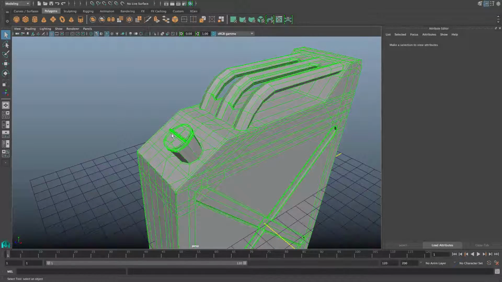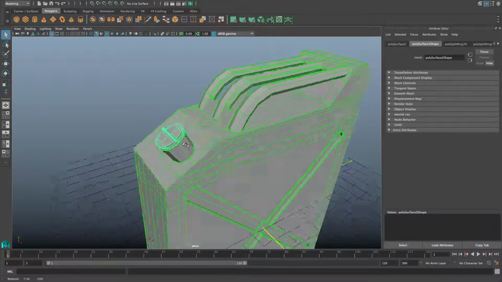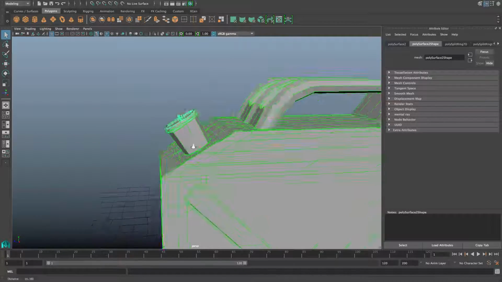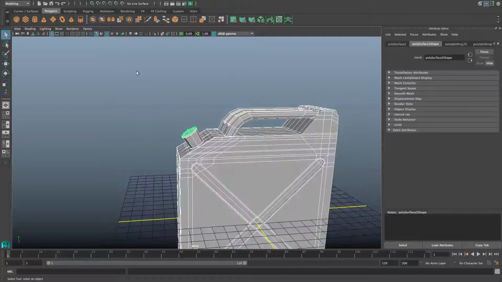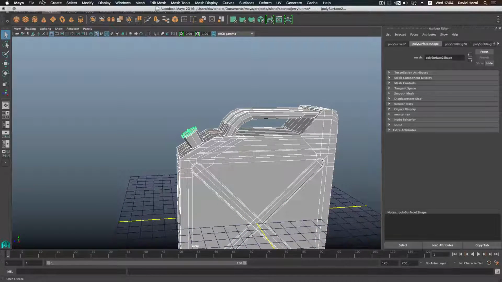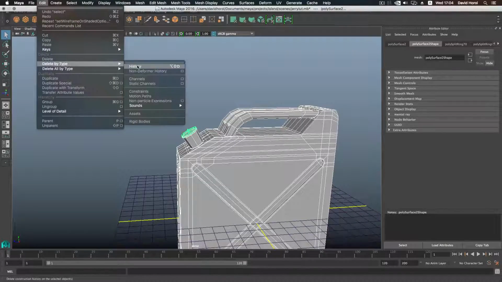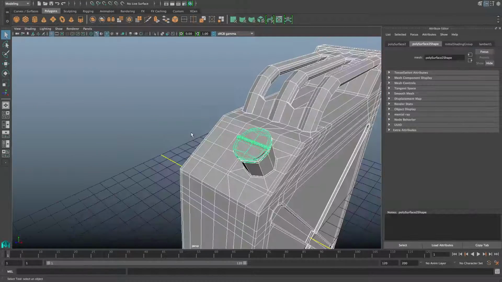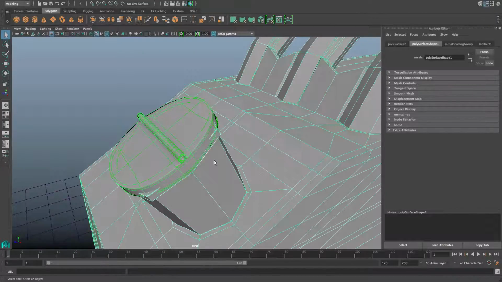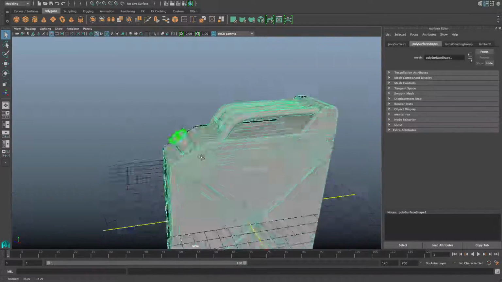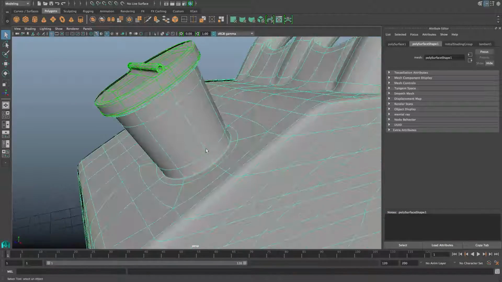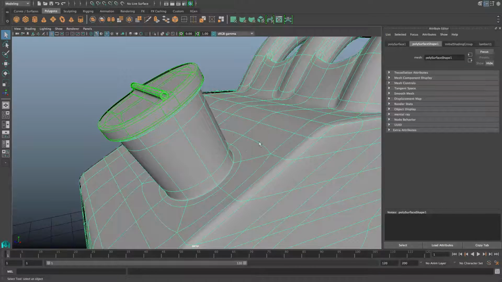I have something to do here and it's related only to this object, and I'm going to take the entire thing. I'm going to go over to Edit, Delete by Type, History, because there is a history that I don't really want there and it's slowing my screen down a little bit, and I want a smooth preview on both of them. Now it's really crucial that this one will be